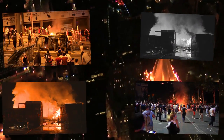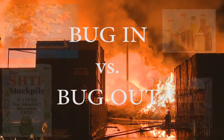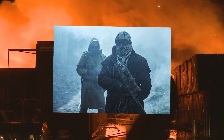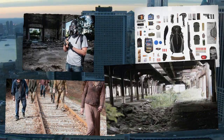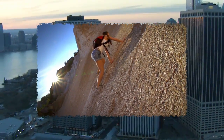In an urban environment, after shit hits the fan or a without rule of law situation, there are basically two choices. One, bugging in to stay put, attempt to ride it out and to survive through whatever unrest and chaos may follow. Two, to bug out or head to a location that you feel would be safer for you and your group or family. These are two subjects that, although related, would require some subtle and some major differences in the training or the gear and the supplies that we would normally stock when preparing ourselves for survival in dire